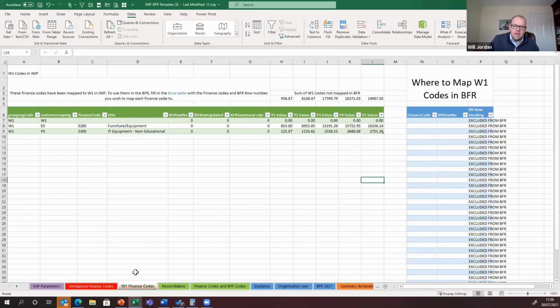Okay, so in their wisdom, the DFE have made the only way you can put capital expenditure into the BFR or any of the other returns is by putting it into the balance sheet. Now, I know a lot of people that have a lot of capital expenditure that's not in the balance sheet, so it sits in the P&L, and I'm not going to get into the revenue contribution from capital and all the rest of it, but because all of the capital expenditure codes are balance sheet DFE codes, we don't hold those in IMP. So therefore we need to say we've got a mapping code that says this is capital expenditure,